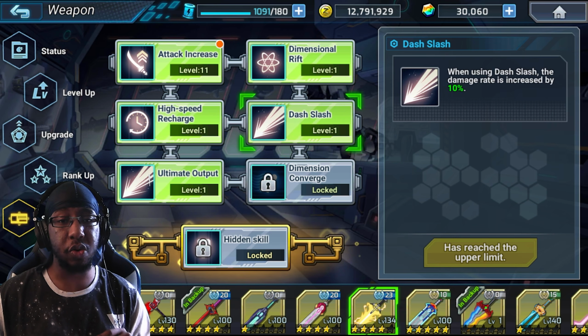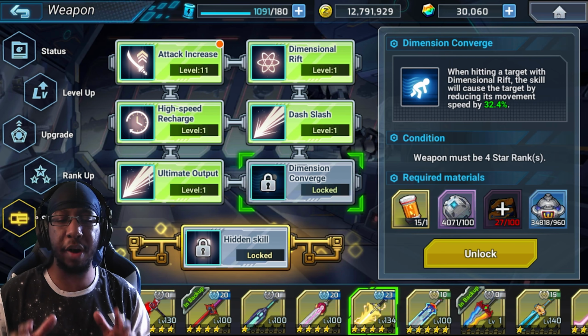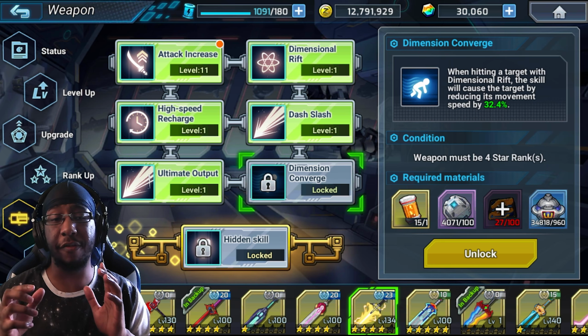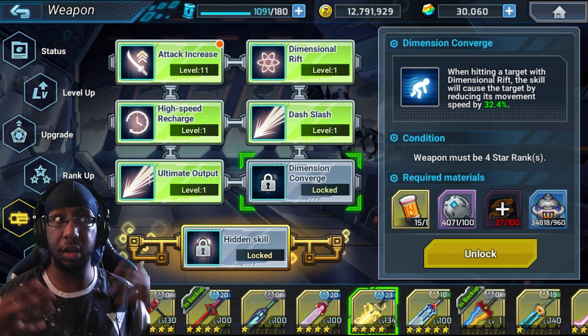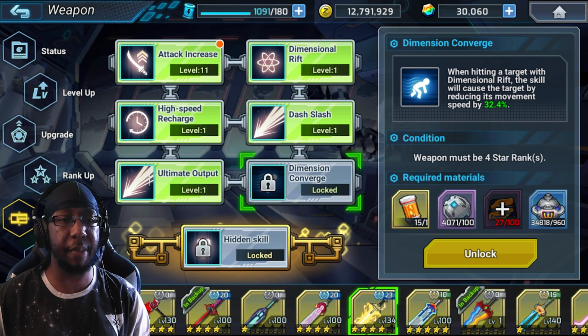We have Dash Slash as well, increase the damage rate of that by 10%. And then we have Dimensional Convergence, which might not seem inherently good, but there are some characters that this energizes pretty well. If there's something that is afflicted with slow, that amplifies their damage by a lot. Character that comes to mind immediately, Dive Armor 0. Using Dive Armor 0 for raids, well, going to be doing a little bit more damage if you're pairing him